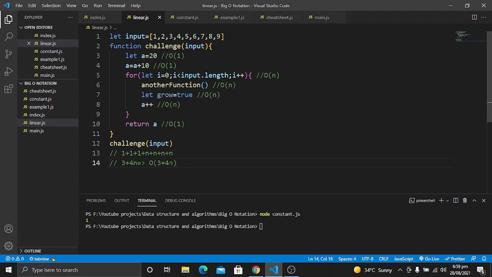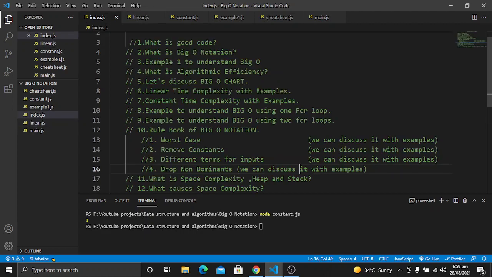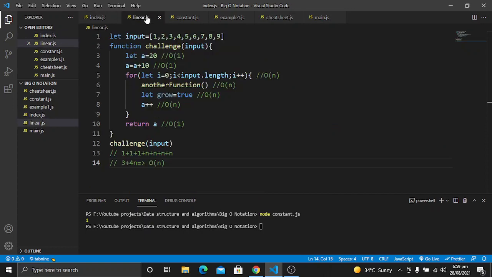It means that we ignore the constants in our equation, and we will just have O of n time complexity. We will discuss why we want to remove the constants when we understand these rules in later parts. So here you just understood that when we have an equation something like 3 plus 4n plus 5n plus 3 plus 2, we are concerned with the largest term, or we can say we are concerned just with the n.